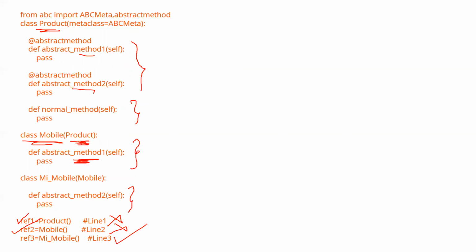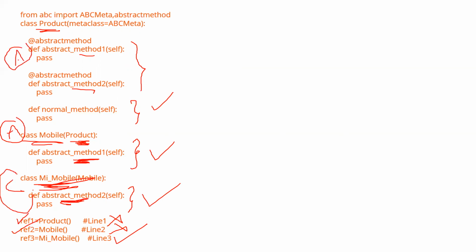This will execute fine because here it is providing the method for abstract method 2, and its parent is providing for abstract method 1, and this is a normal method. So as you can observe, this is a concrete class, this is an abstract class. We can create objects for the concrete class. Line 3 will give no error.